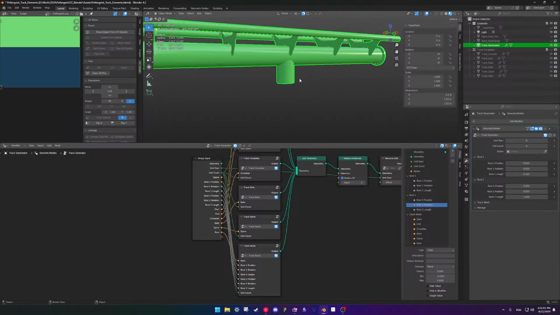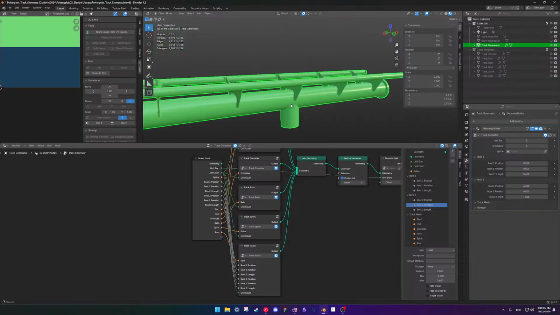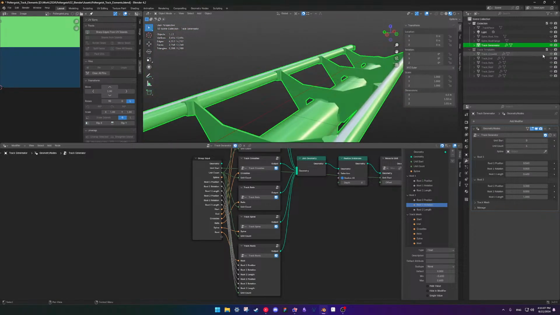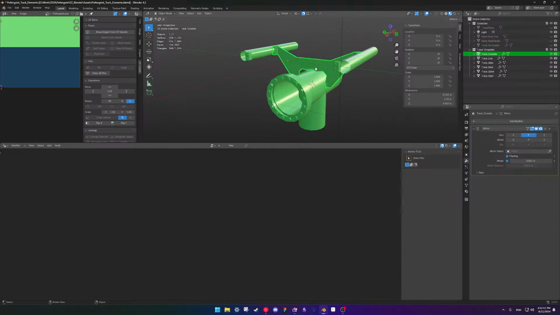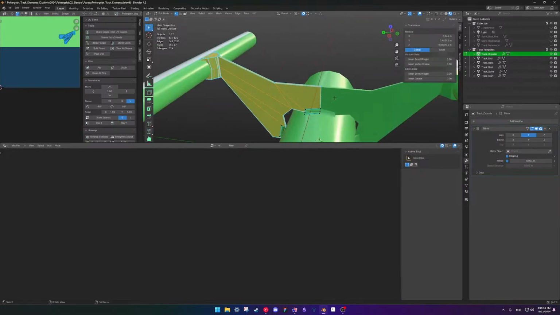I don't know if I'll have a direction though. Actually, is there a center point? Yes, there is.